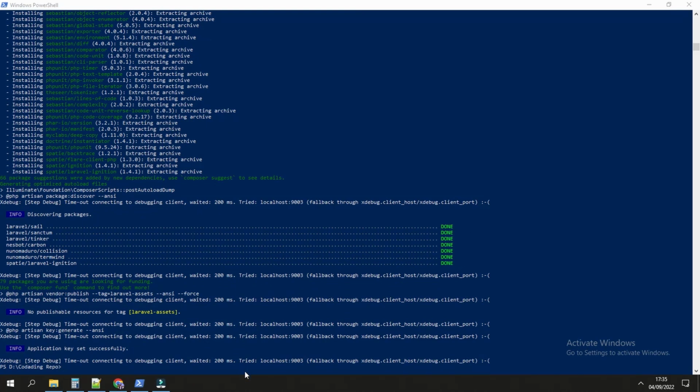After it finishes, now you can open that project in an IDE. For me, I use Visual Studio Code.